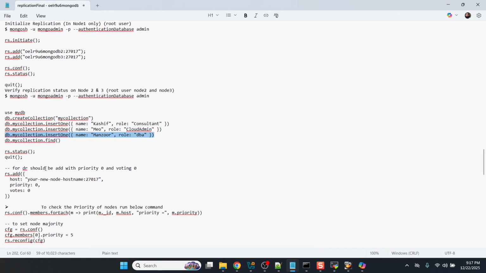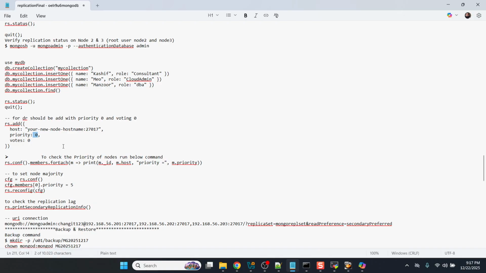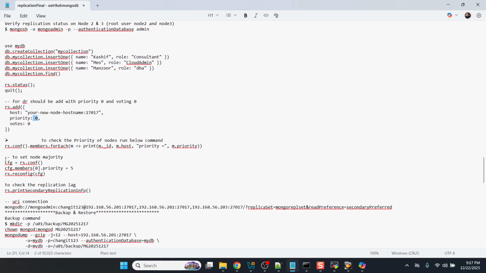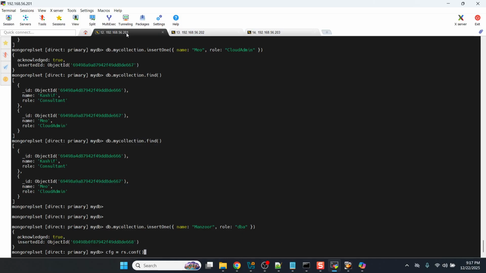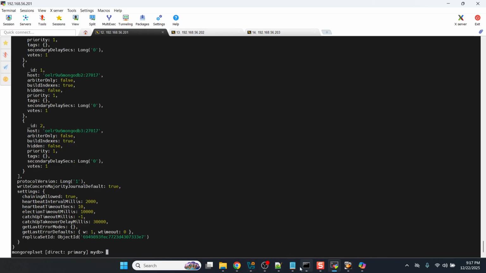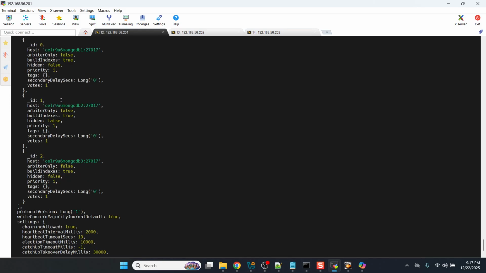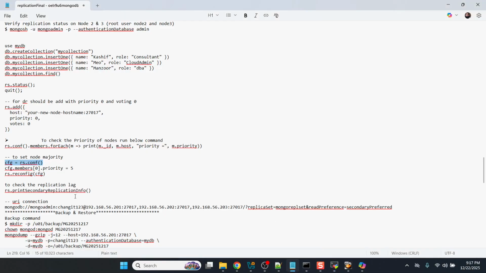Okay. If you need DR, you can add the third node, but keep the zero priority because it should not go to that server. You can set the node majority by setting the priority. So try to decide which one you want to keep. Here, if you see, the priority is 1, priority is 1. So what we'll do,